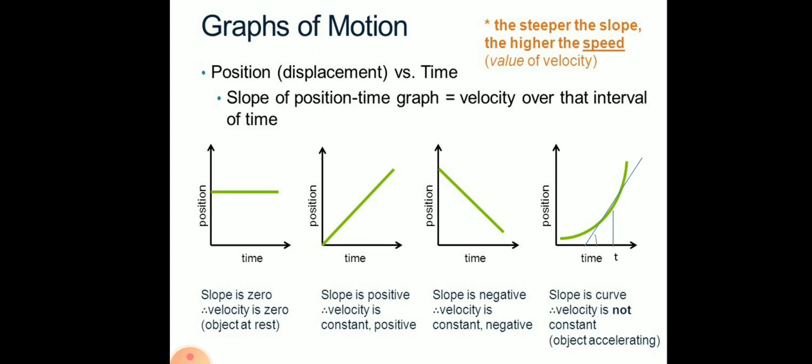To find velocity at a particular time, it is also called instantaneous velocity, at that particular time a tangent is drawn. This tangent gives a slope, or you can say it forms some angle with the time axis. Tan of this angle gives the slope, and this slope is the velocity at that particular time.